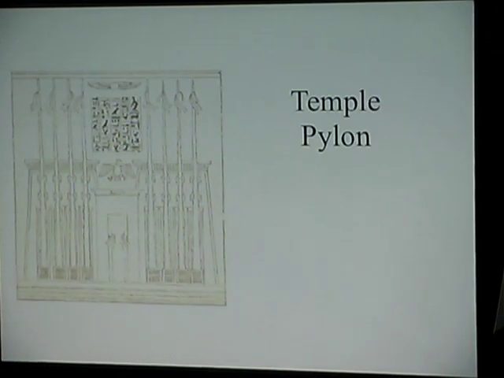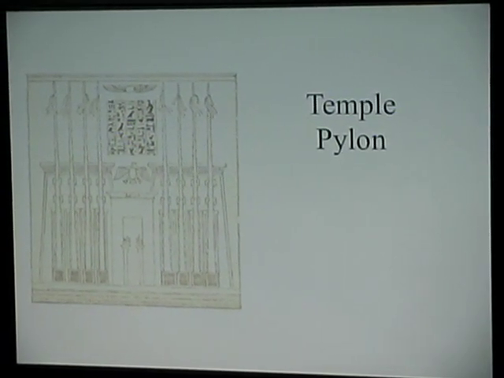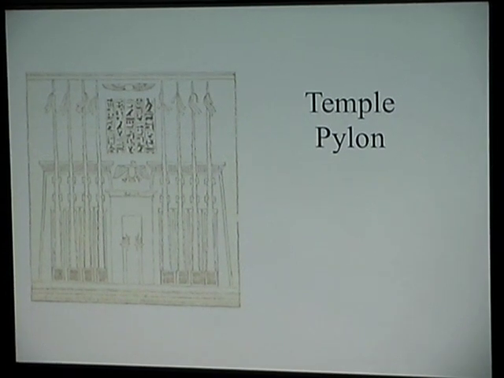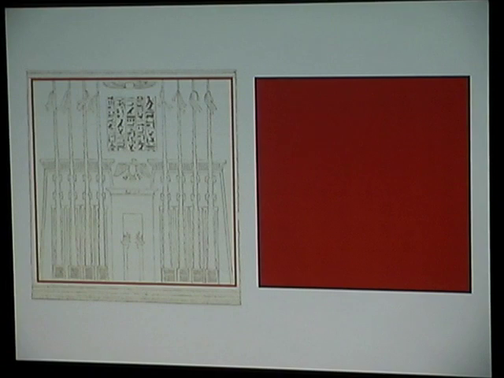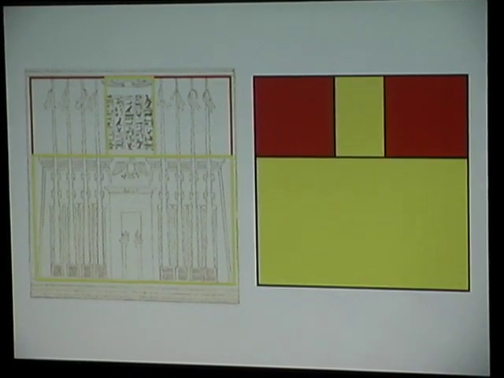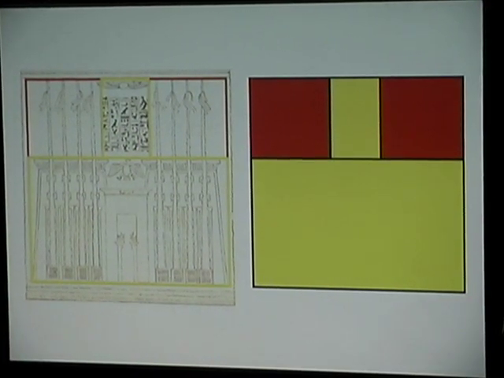Here, a simple drawing, a modern drawing actually, very carefully done, I might add. I think this is by Lucy Lamy, of a temple pylon, the gate into a temple. Well, it turns out the whole is a square, and if we subdivide the square just in the simplest manner of a golden rectangle and 2 golden rectangles here and 2 squares, you can see how the divisioning is starting